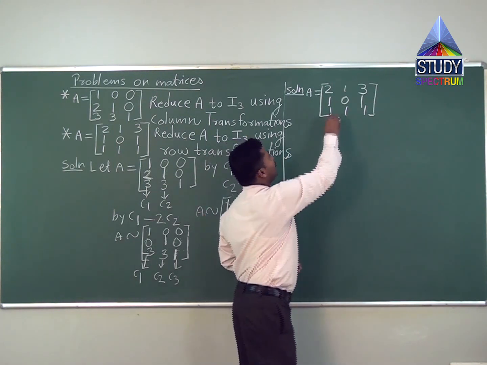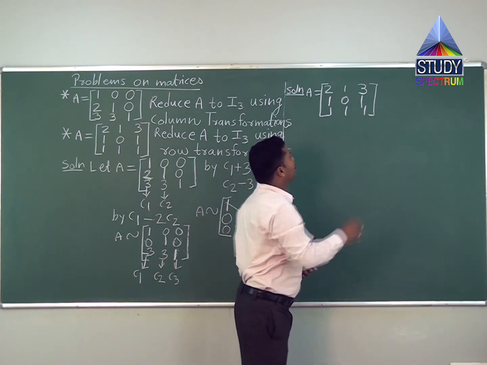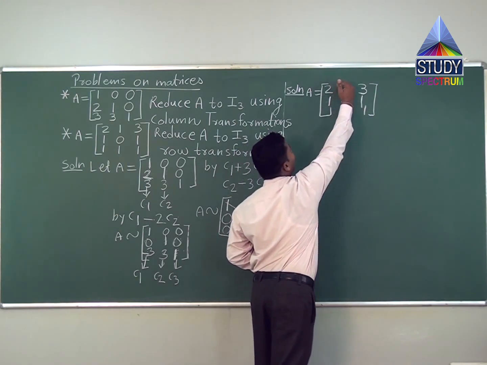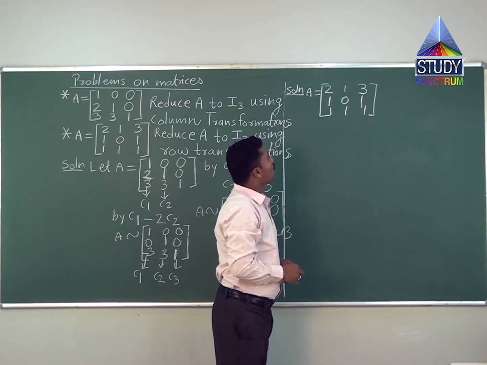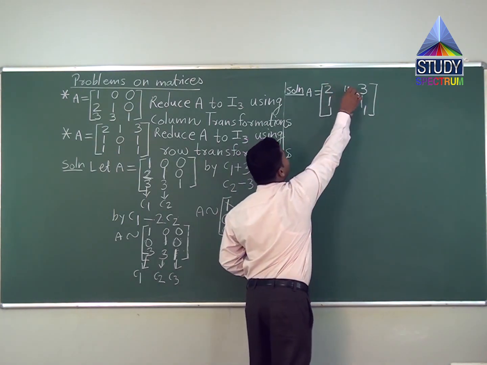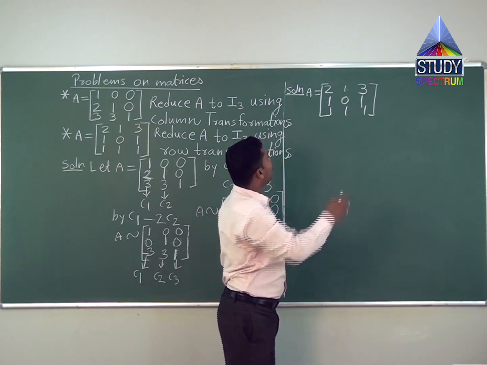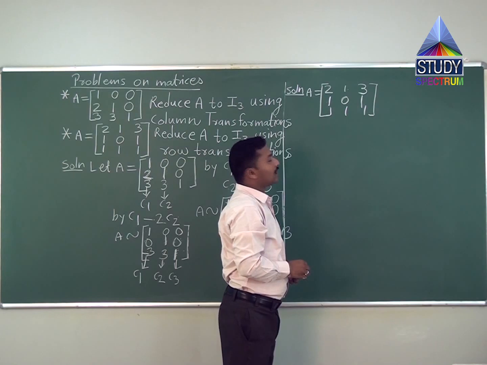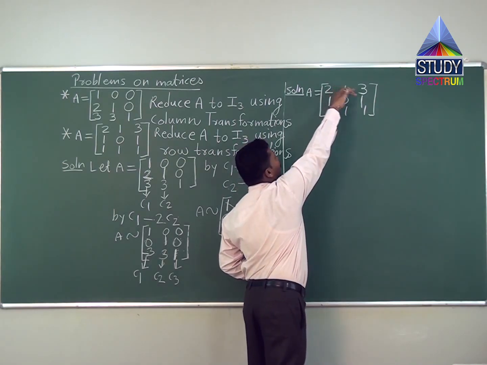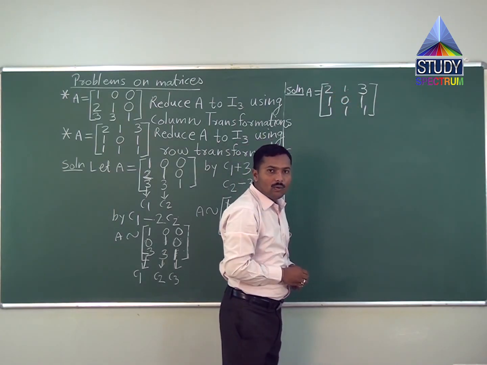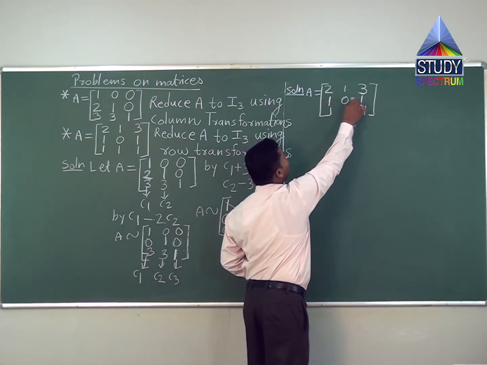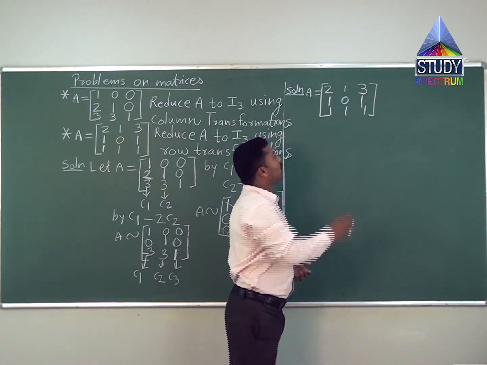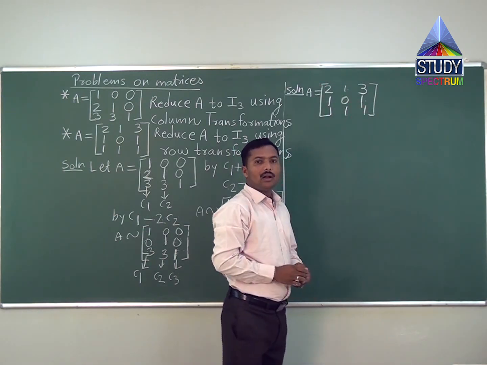So here, look carefully, this is the second row. If we shift this second row with the first row, what happens? 1 0 1, and this first row interchanges with the second row, which means the first row becomes the second row. What happens? 2 1 0. So automatically here is a one diagonal number, and also here is a one diagonal number.